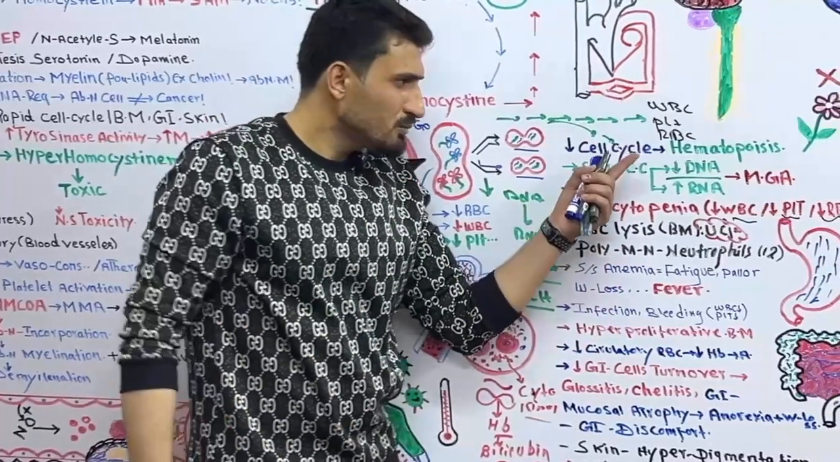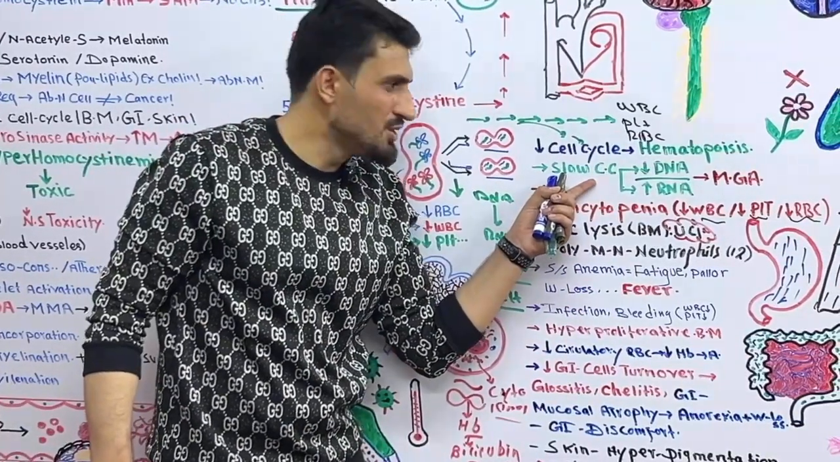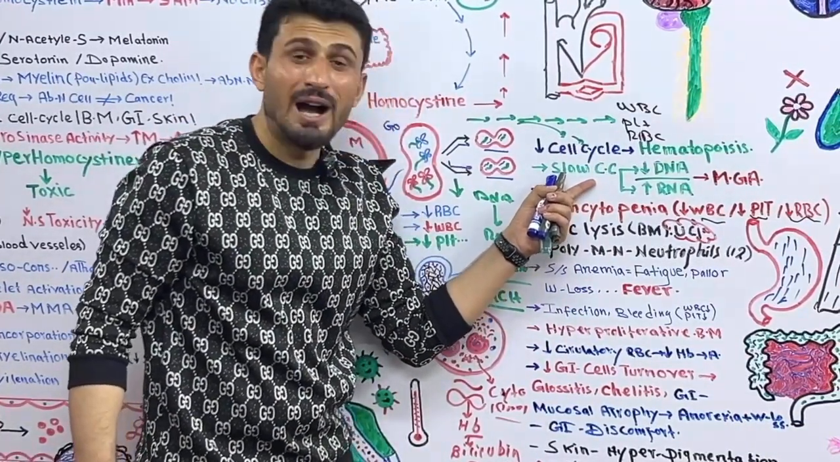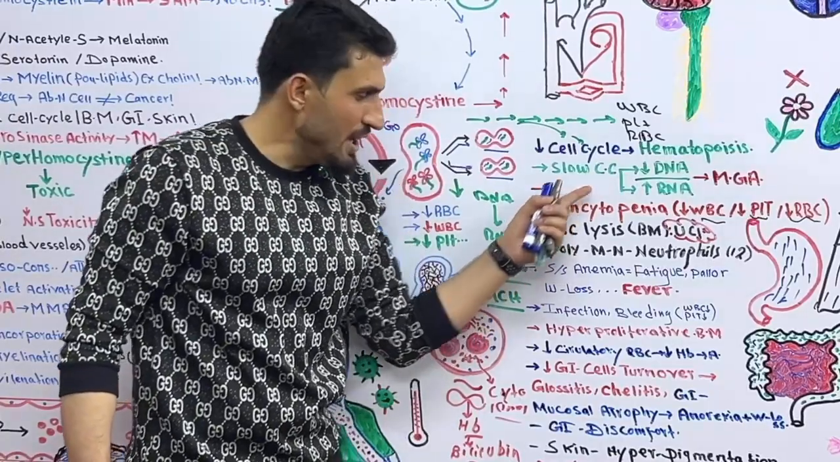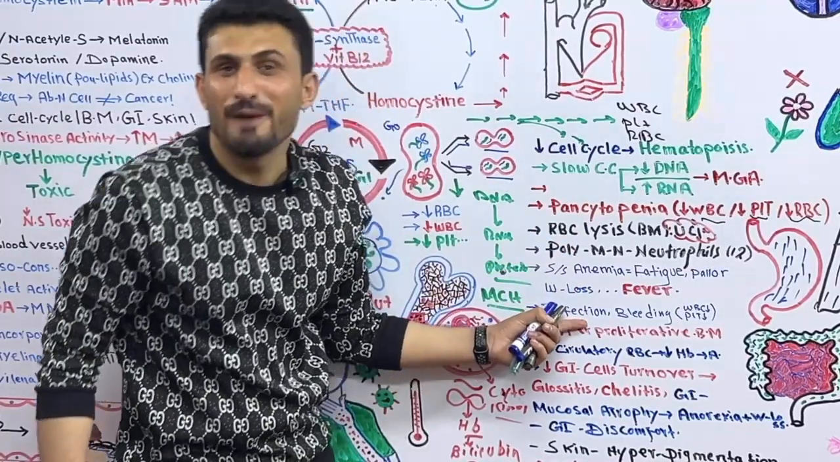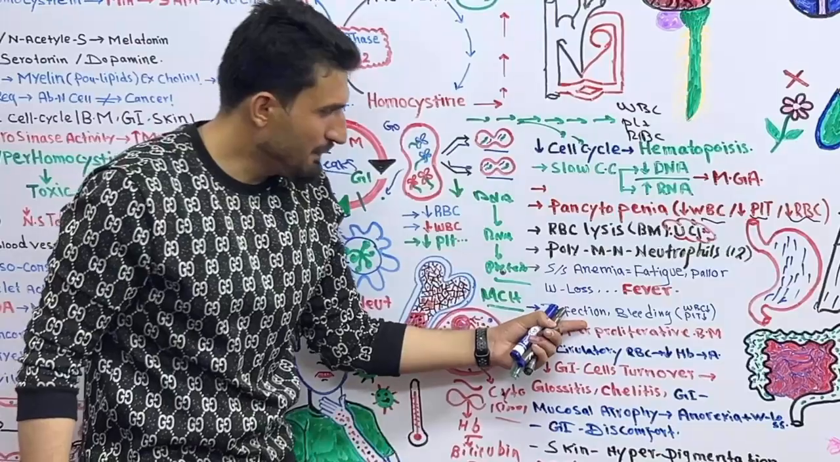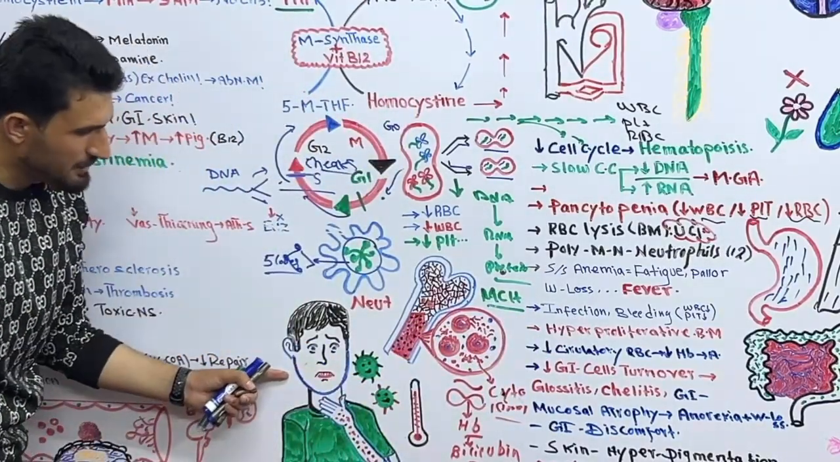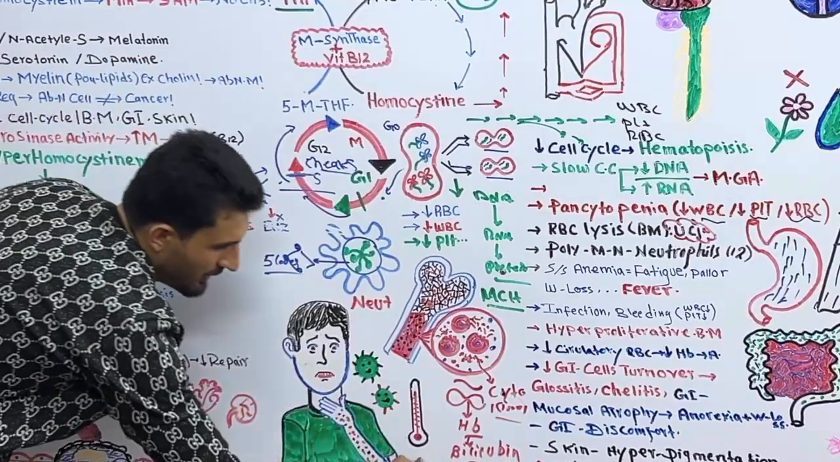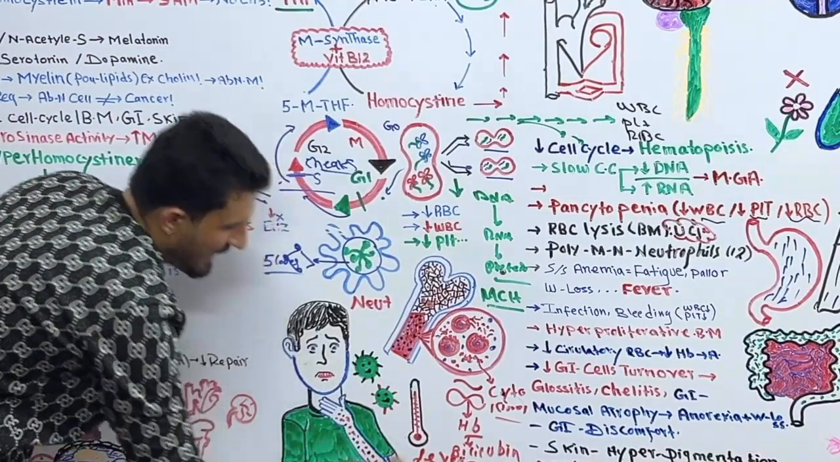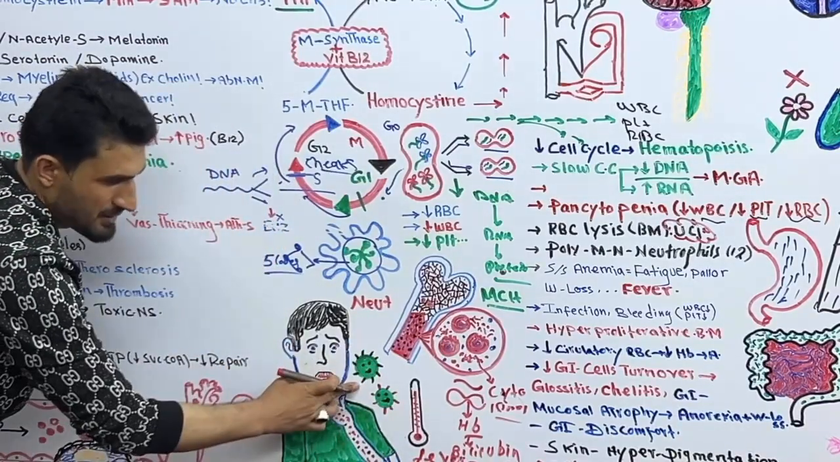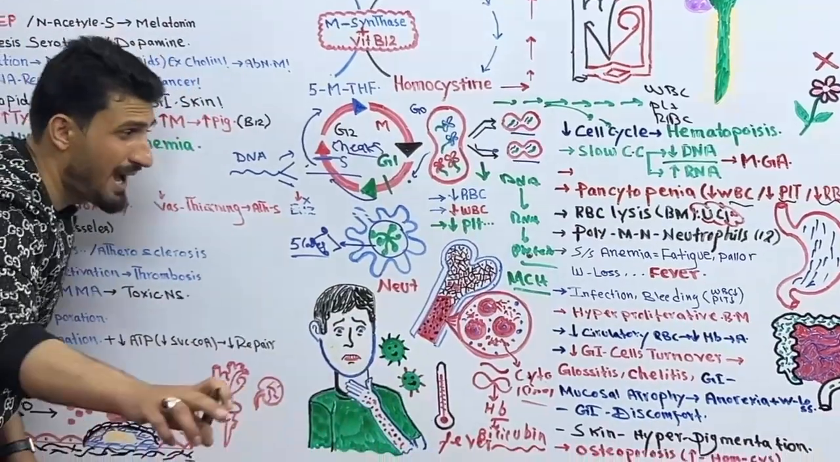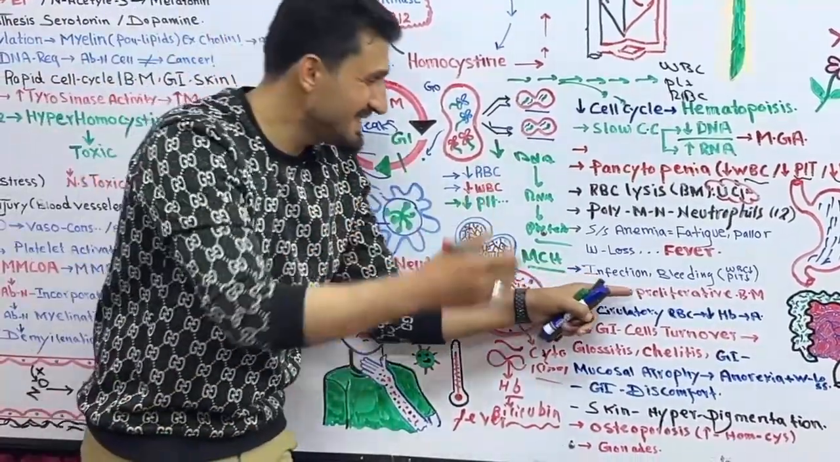Plus due to deficiency of WBC, and plus due to abnormal WBCs, the patient will suffer a lot of infections. This infection is due to lack of WBC. This is a patient, and this patient will have low grade fever, plus a lot of infections, plus in advanced stages, the patient